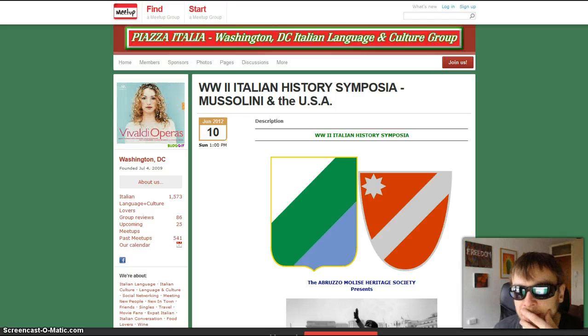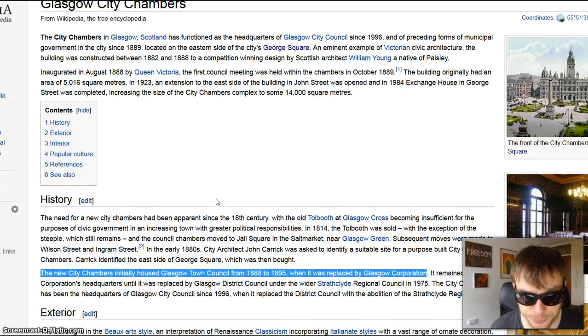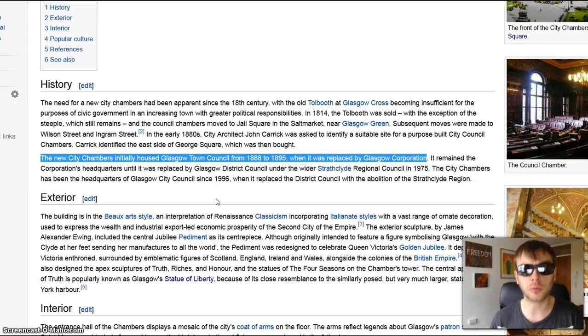Alright, let me see. Glasgow City Chambers. A wee bit of history about Glasgow City Chambers. On this picture, Glasgow City Chambers is here, and just to the right is where that building is. So right next door to Glasgow City Chambers. Now, a wee bit of history about Glasgow City Chambers, because a lot of people don't know